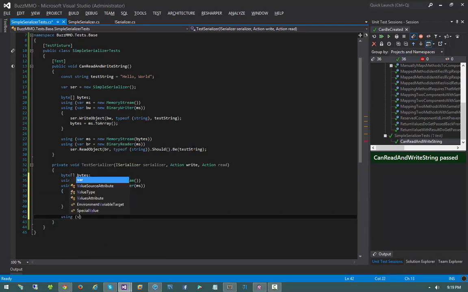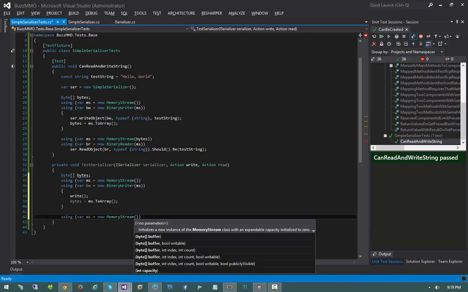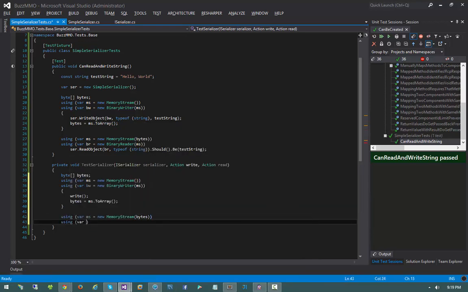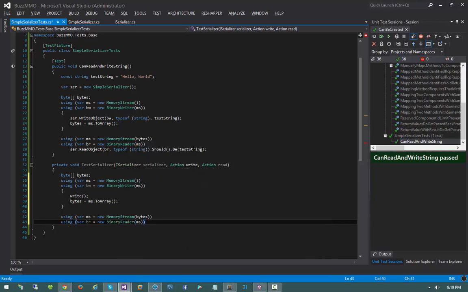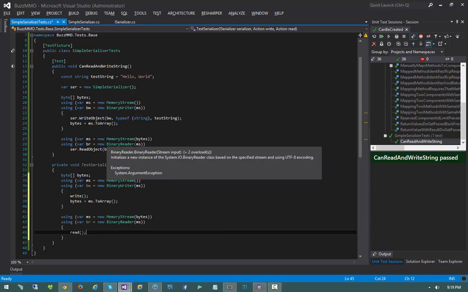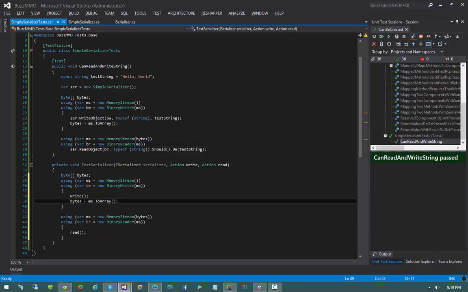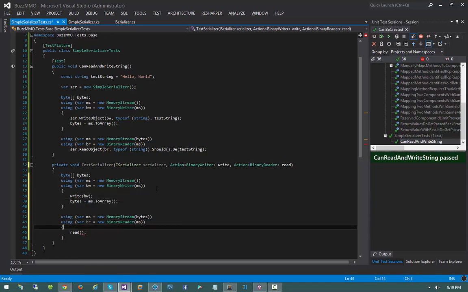Then I'm going to say using var ms equals new MemoryStream passing in bytes. Using var br equals new BinaryReader, passing in ms. Then I'm simply going to say read. Or I'll actually need to pass in the binary writer and the binary reader to these two delegates. So that'll be Action of BinaryWriter for write and Action of BinaryReader for read. And we're going to pass in bw there and br there. So that'll turn this whole test into